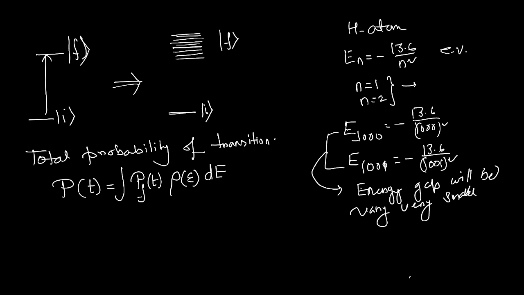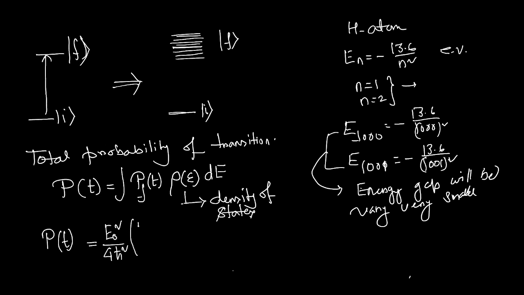So this is something new attached over here. It is known as the density of the state. Now if we integrate it, what will we get? Total probability: E0 square over 4 h cut square, omega a phi omega square,